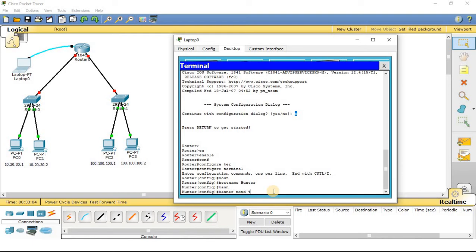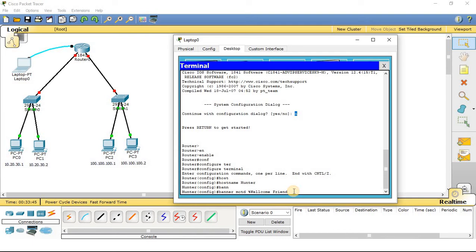After that special character, you have to provide the message which you would like to show to the user who will use this terminal of this particular router. It can be any message, not a specific one. Let me provide the message, welcome friend. After that, you have to close the message by the same special character which you provided before the start of the message.